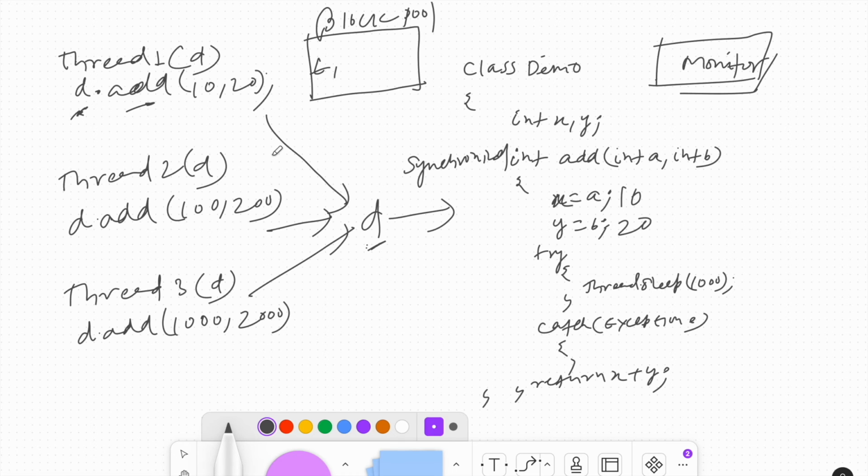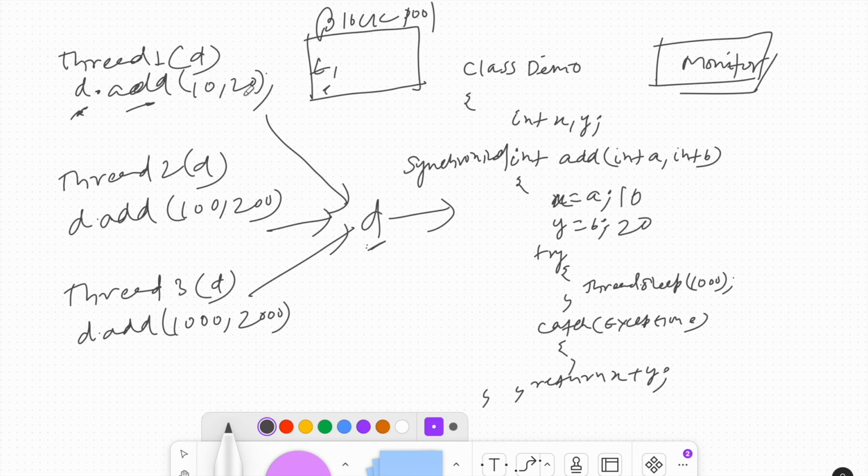And as I already told you, to run a synchronized method, you must have the monitor of the particular object on which you are trying to execute that method. So it is trying to execute the method on this object, but the monitor of the object is now with thread 1. It didn't release the monitor, so it won't be able to execute the method now.